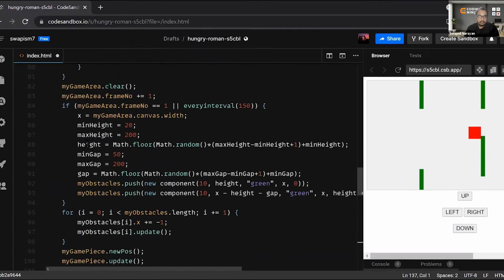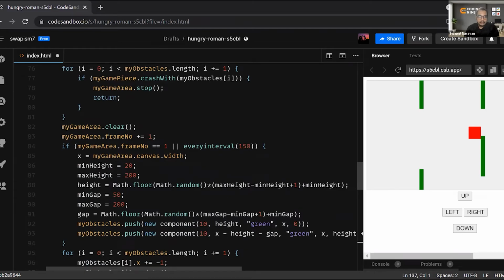So this thing which I was saying, that instead of Y I have made minimum height and max height. Min height is 20, max height is 200. So these are nothing but the heights of these particular obstacles.